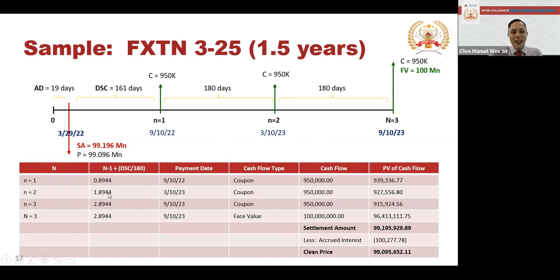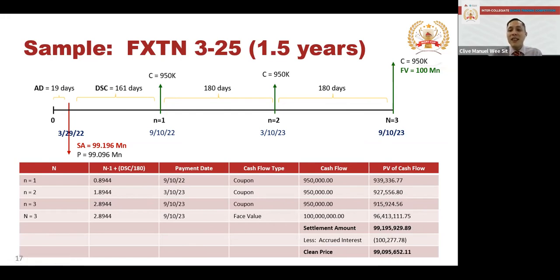1.8944, which has an exponent of 1.8944, right? So the present value of that cash flow is 927,000. And the final cash flow, which is a combination of the last coupon as well as the face value, you have a present value of 915,000 and 96.4 million. Okay. So if you take the summation of all these present values of these future cash flows, you have